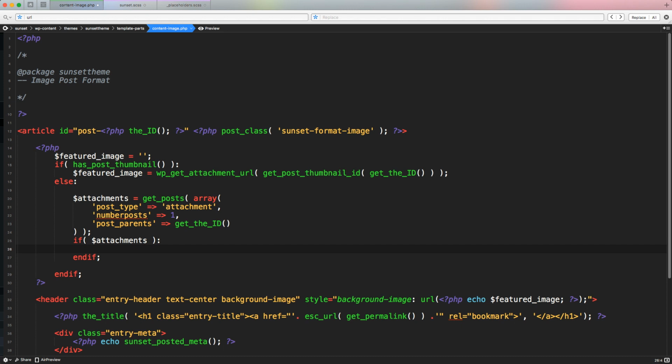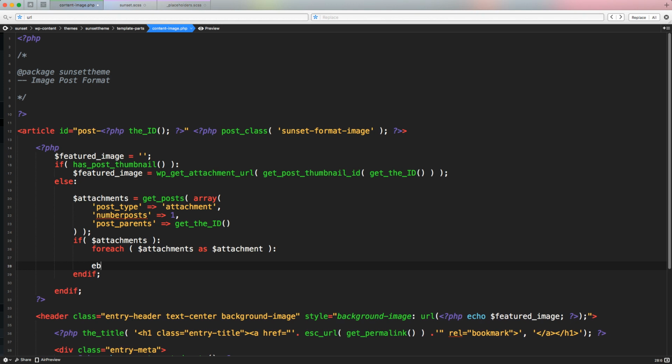We have to access this array, and even if this array is formed by just one value, we have to loop through this array to actually navigate inside it properly. For each $attachments as $attachment_single, and for each